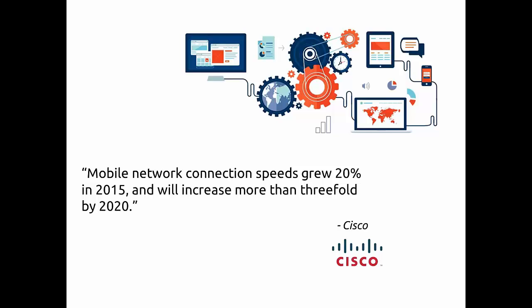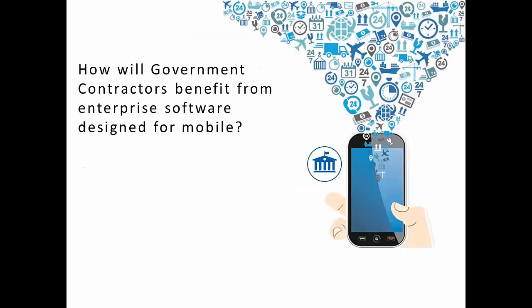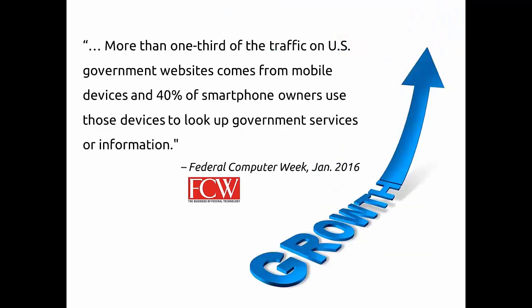Cisco says that mobile network connection speeds grew 20% in 2015 and will increase more than threefold in 2020. So the infrastructure is in place for this expanded growth in mobile device data access. So how is this going to benefit specifically government contractors that are using enterprise software designed for mobile? Well, there's a shift. More than 1/3 of the traffic on U.S. government websites comes from mobile devices, and 40% of smartphone owners use those devices to look up government services or